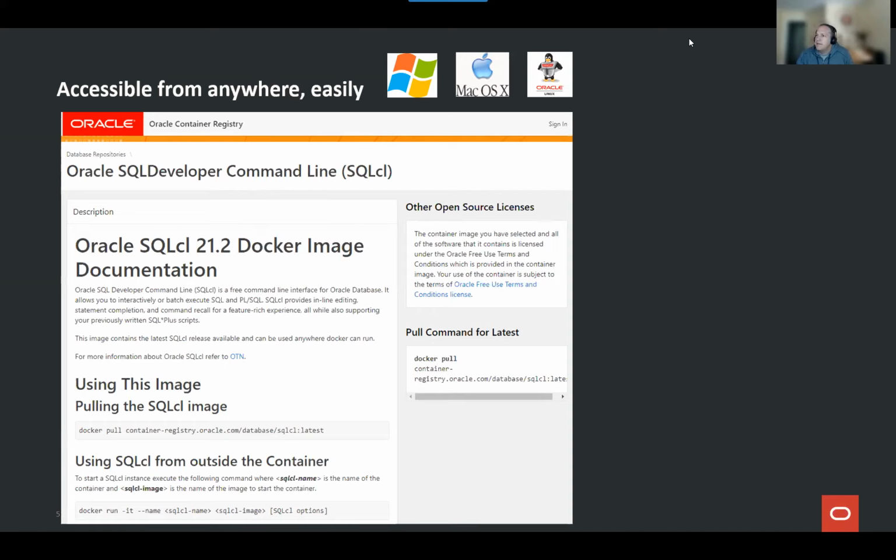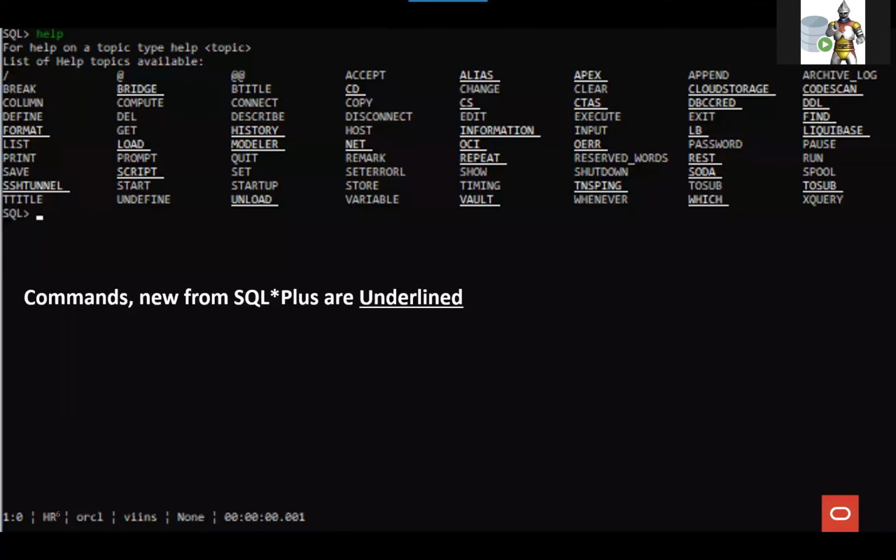Is there a K8s image for SQLcl? This is the image that we have right now. We're working on, Brian, do you want to talk a second about what's being worked on in terms of the K8s operators? Yeah, we have a lot of that. I think it's almost done, or it's just about done. It's going to be released into